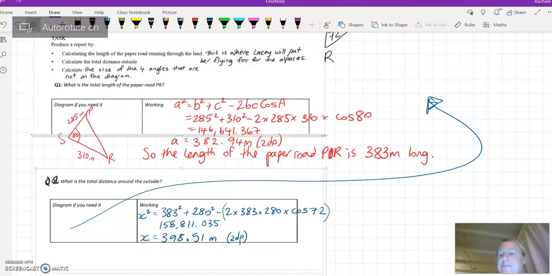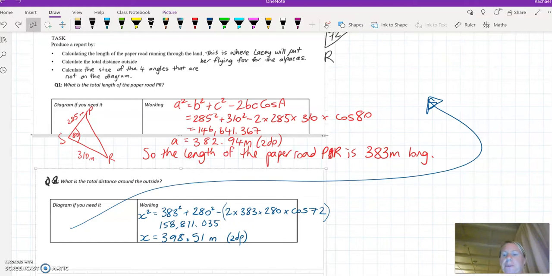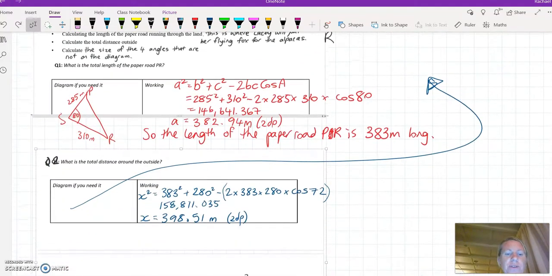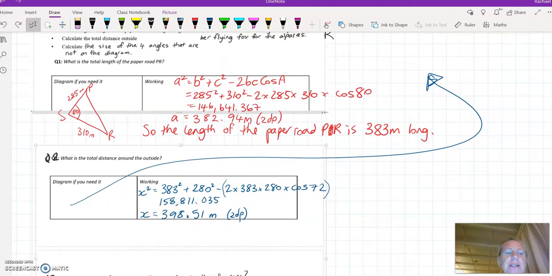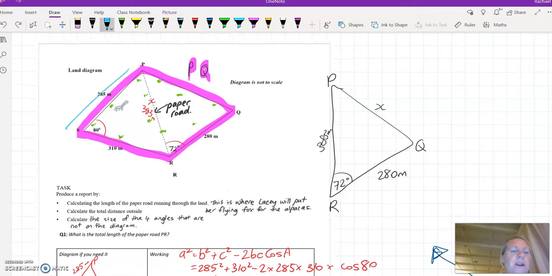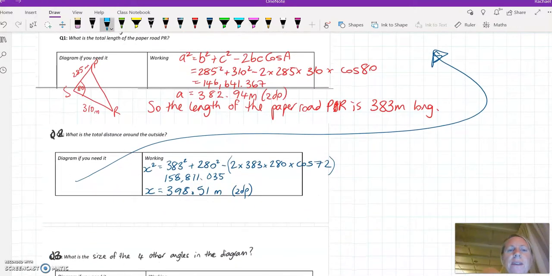Right, so just continuing on with where we were up to, we're at Lacey's alpaca farm, and we had just worked out that line PQ was 398.51 metres. We've been asked about the total perimeter, so the total distance around the outside. We now need to add that to those other three edges, the 285, the 310 and the 280. So add them all together, and you're going to end up with